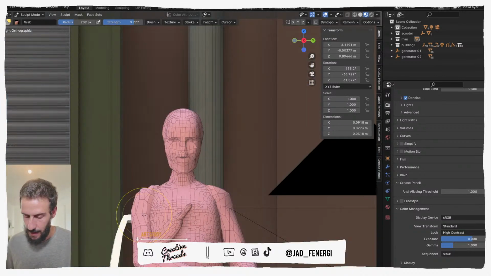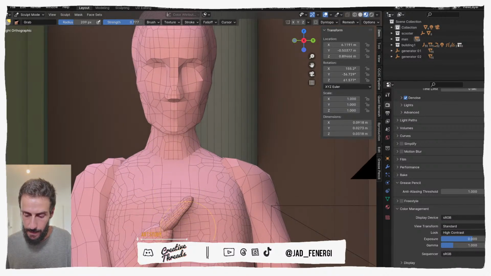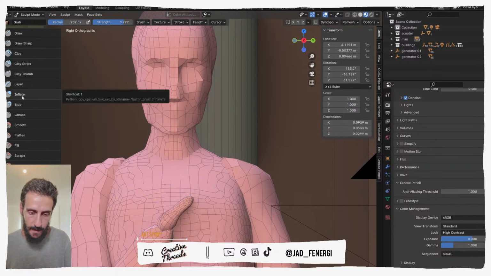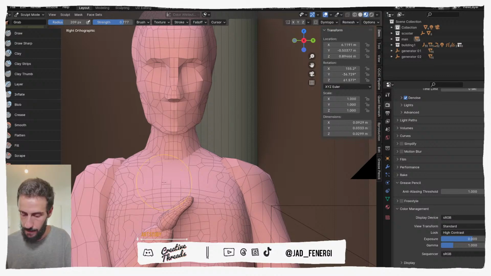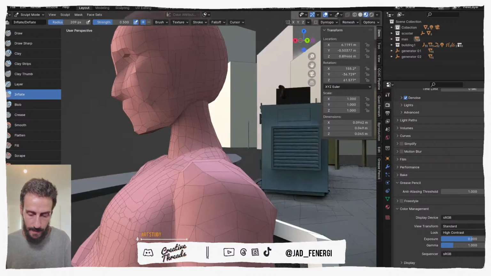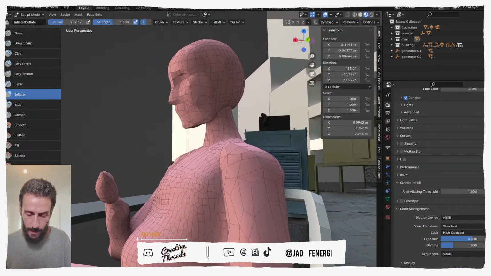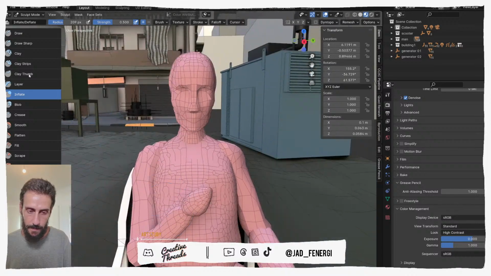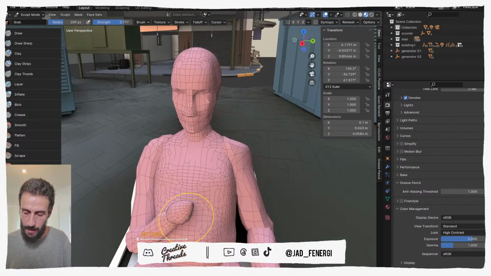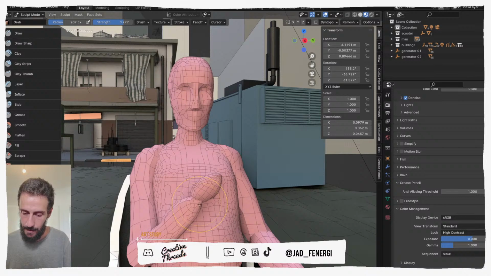So is it 3? 3 is the right view that we want now. I don't think we need any symmetry here, which we don't have. And if you press T, you can see that the I is the inflate. So we can press I and just inflate this whole thing because it's gonna collapse on itself if we don't do this. So what I'm trying to do is just get the feel of the form. Then if you press G, you're gonna grab again. Now if you press Control R, it's gonna